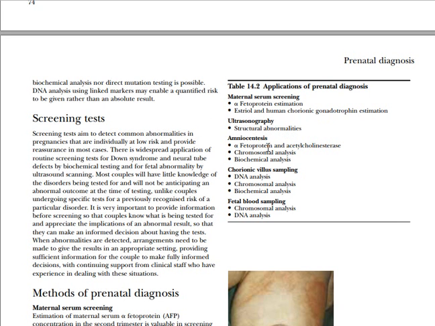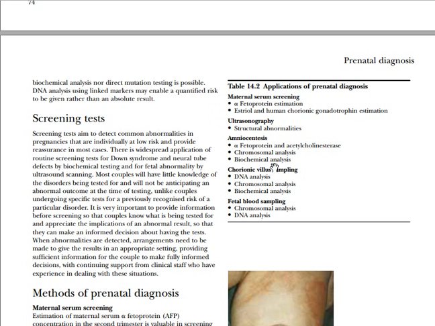You have alpha fetoprotein also in the amniotic fluid. You can have acetylcholinesterase. You can have chromosomal analysis, biochemical analysis. When you see alpha fetoprotein inside the amniotic fluid, it is a high level, which means there is going to be labor soon. This is alpha fetoprotein at the level of the amniotic fluid, not at the level of the blood of the mother. If there is alpha fetoprotein in the amniotic fluid, it means that the child is going to have spontaneous labor soon. If maternal serum alpha fetoprotein is elevated, then